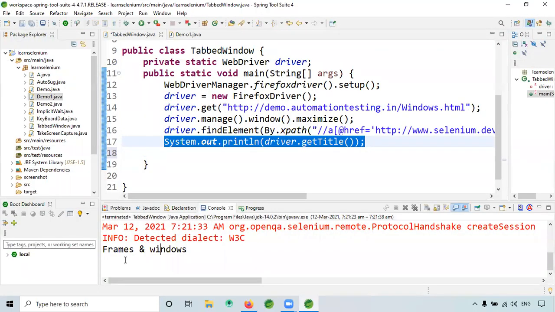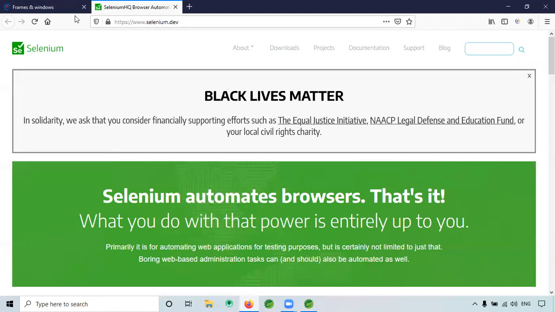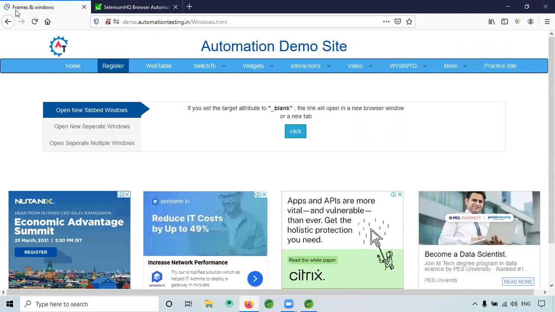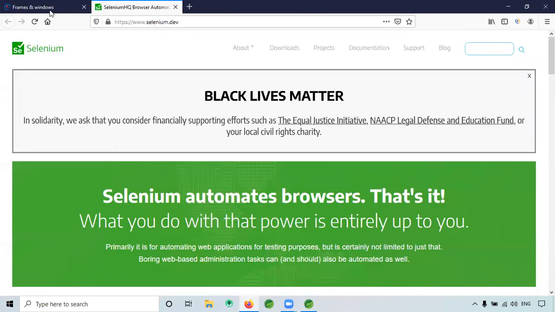It is giving me frames and windows, which is giving me this window. Now I want to fetch the information of this window. How can I do that? Any idea? That window means we need to give the URL first, right?